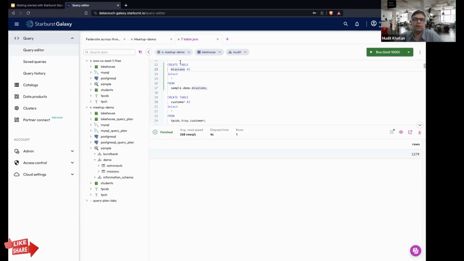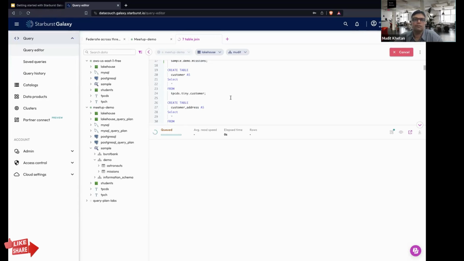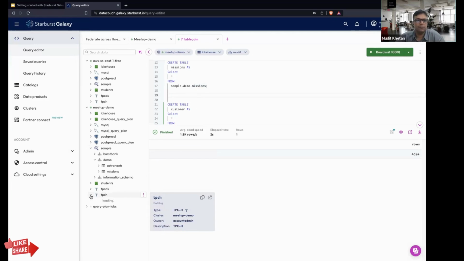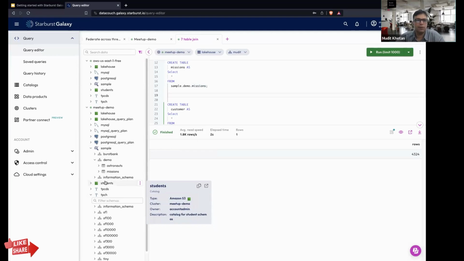Then there is another create table for missions. Now it is going to create multiple tables. So instead of that, let us first of all query my own tables that I have created in my TPCH schema.